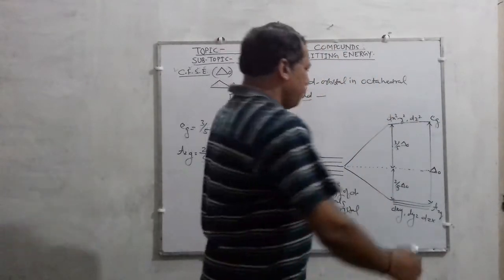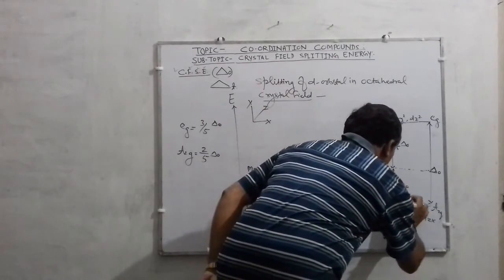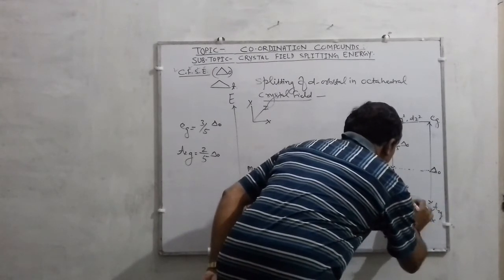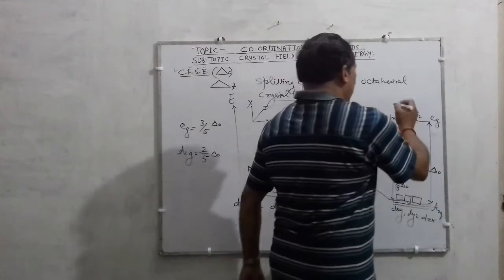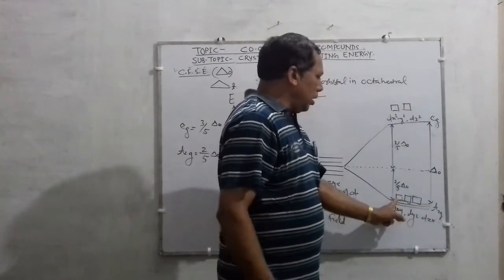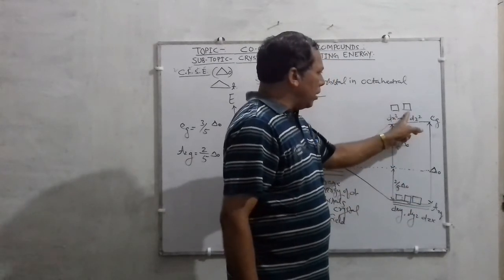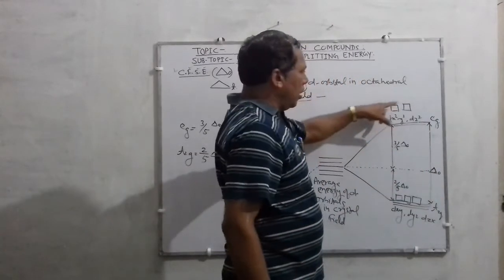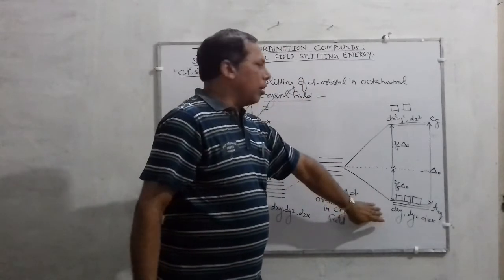For simplicity, you can also represent them in the form of brackets, where orbitals are represented in squares. As you know, d orbitals are of five kinds, children: three are dxy, dyz, dzx, and the other two are dx² − y² and dz². So for your convenience they are written this way. They show the splitting of d orbitals in an octahedral field.